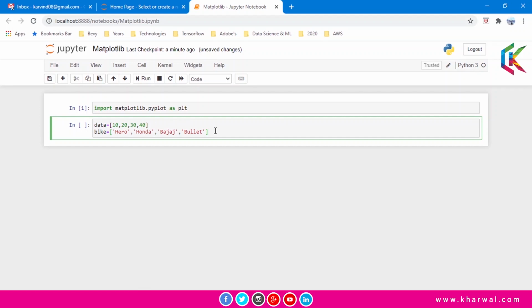Now we are going to create this pie plot by using the pie method. So let's use that pie method.